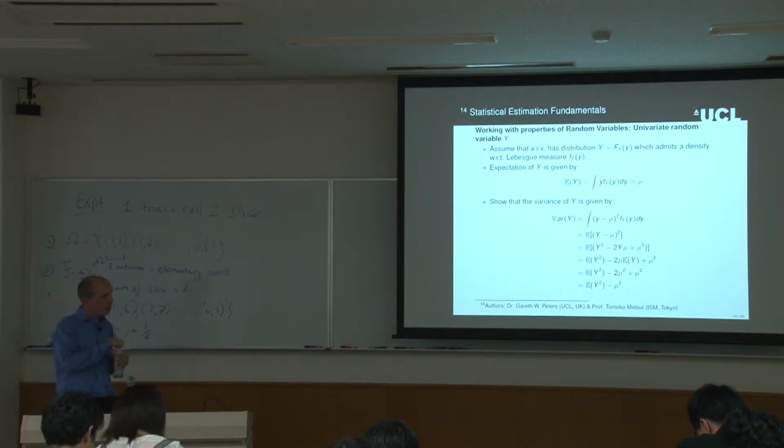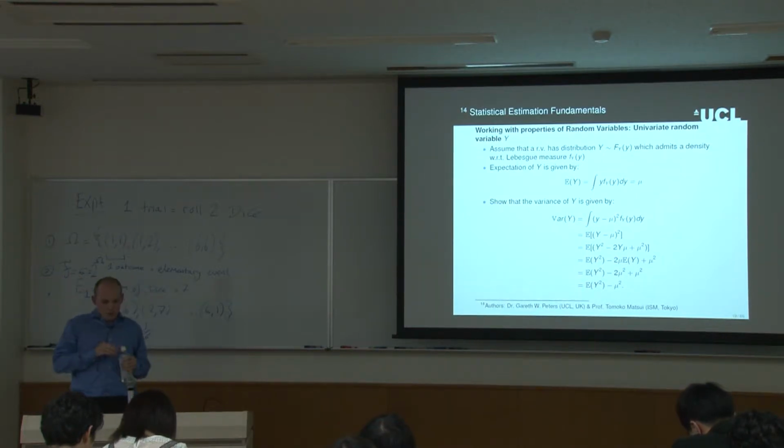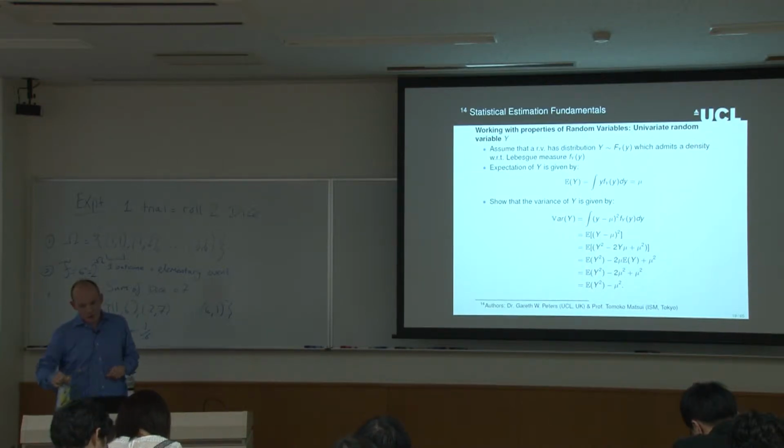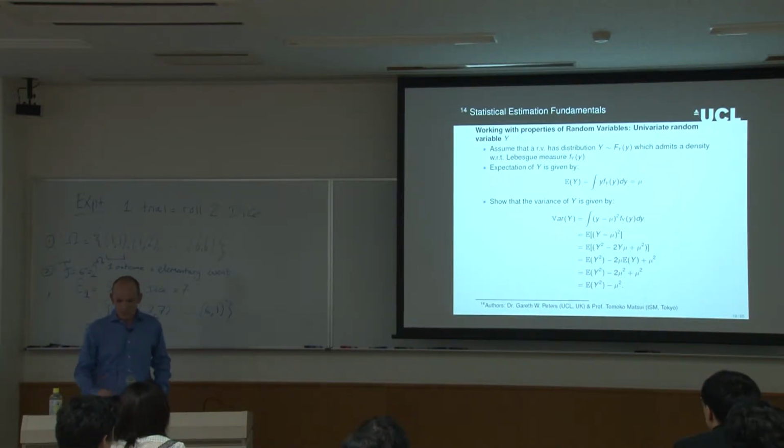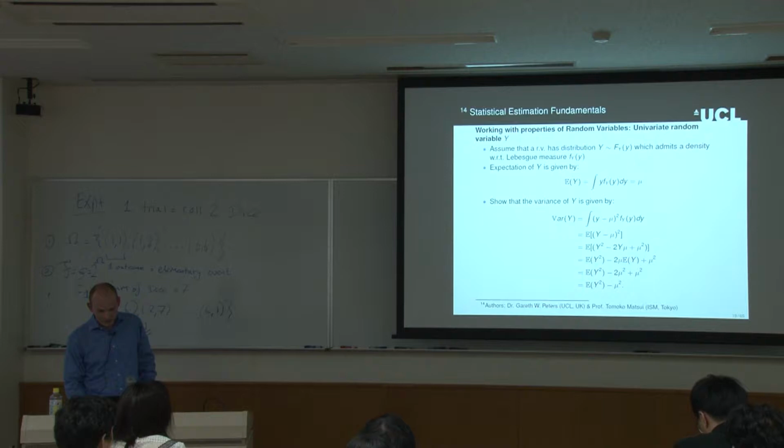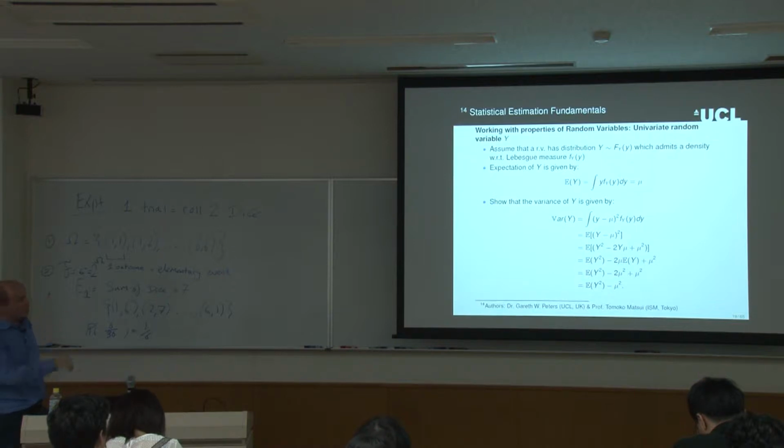So random variables. We have a univariate random variable, y. If we assume that y has this distribution, where capital F here is the cumulative distribution function, the CDF, which admits a density with respect to a Lebesgue measure. But actually, I'm not going to talk about Lebesgue measures at all here. Again, if you're interested, have a look here. But I think you have to take a course on measure theory if you want to fully understand all of the background behind that. So if it admits a density, this lowercase f,